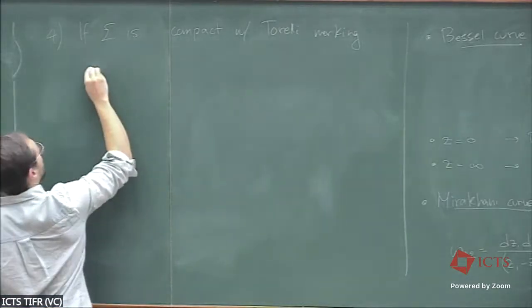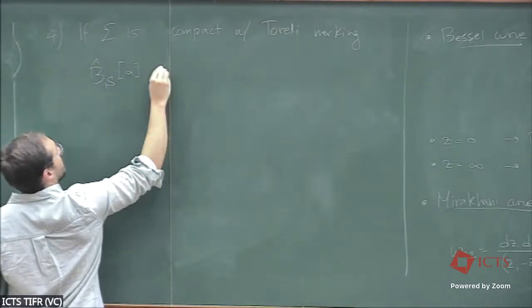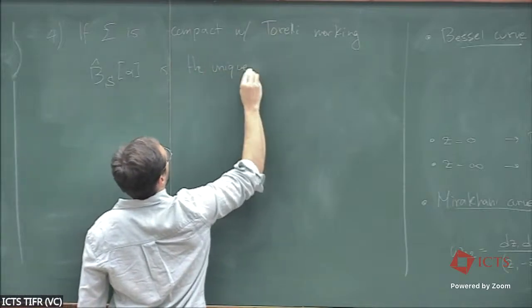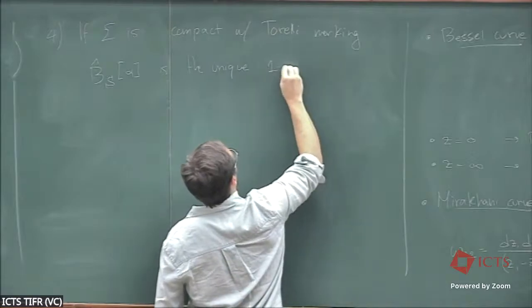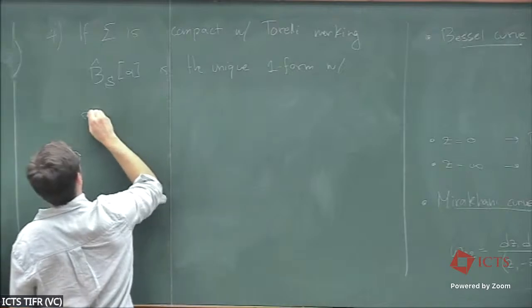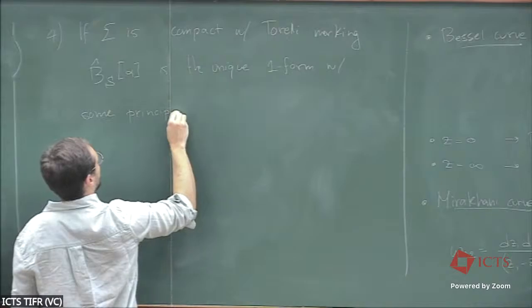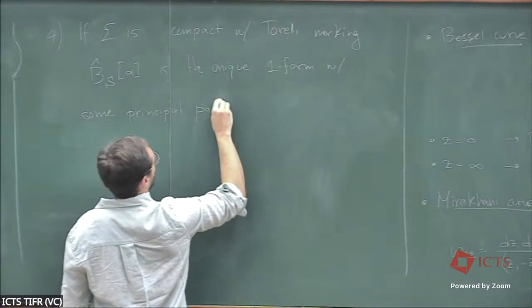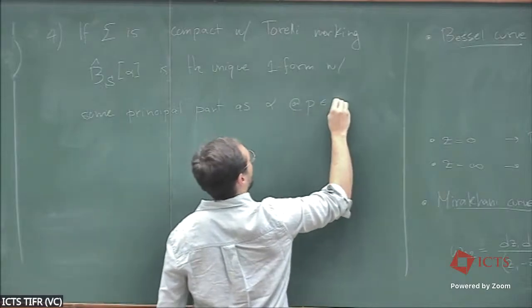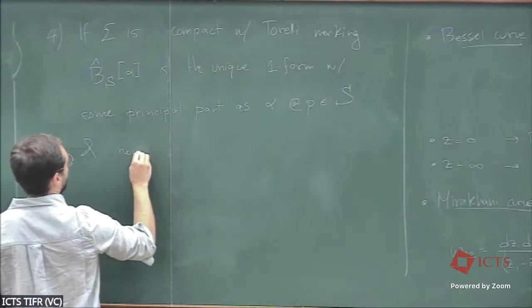So then B hat of alpha is the unique one form with the same principal part as alpha at P in S, and normalized along the A cycles,